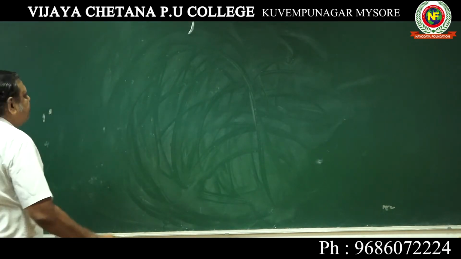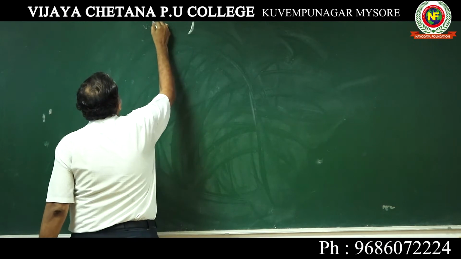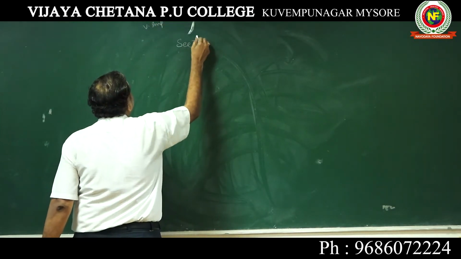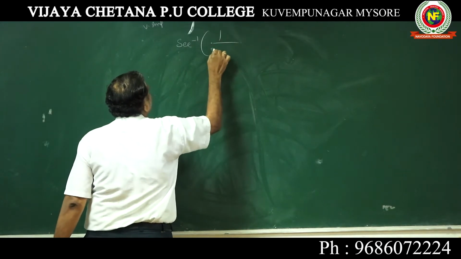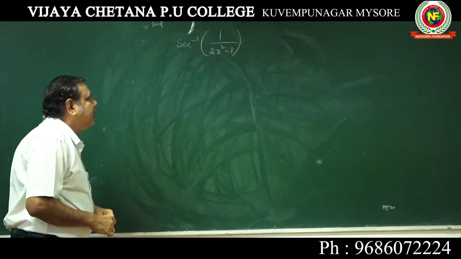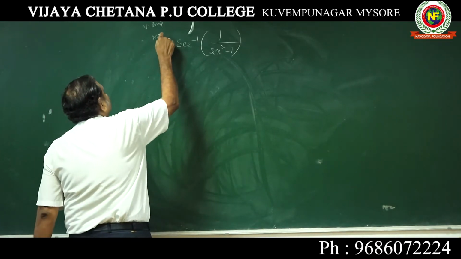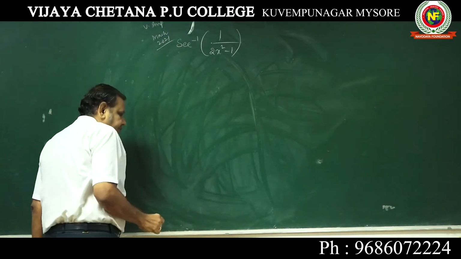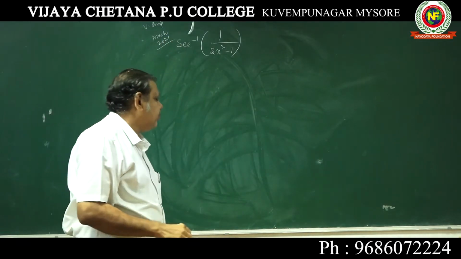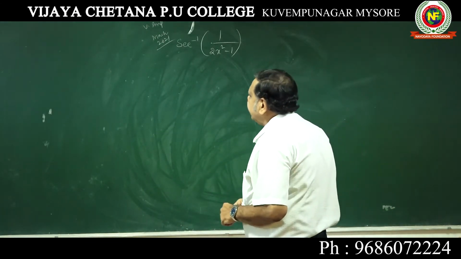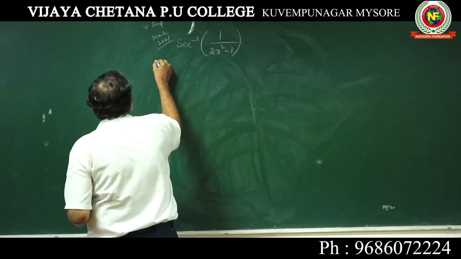Now we should take the last problem in this, a very important problem. Differentiate secant inverse of 1 over 2x square minus 1. This is a problem given in your textbook, and you may expect it this year also, March 2020-21. It's an important problem. You may get this problem in this academic year. Y is equal to